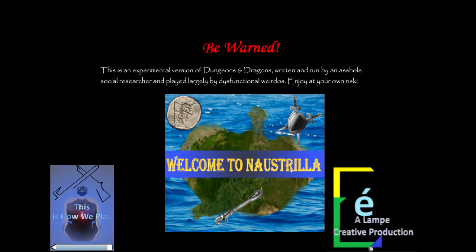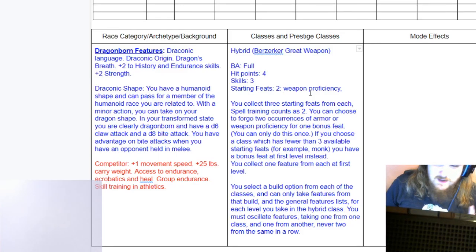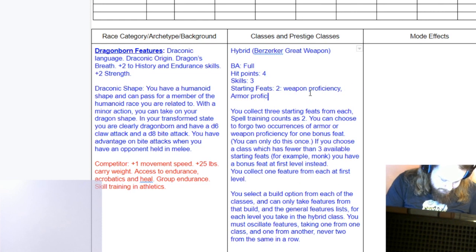This is how we play. Are you picking... You're taking both of the weapon proficiencies then, so you can get your martial axes, yes? Yeah. Okay, then the last one that you would take would be an armor. Okay, 3 total. Yeah, okay, I see what you're